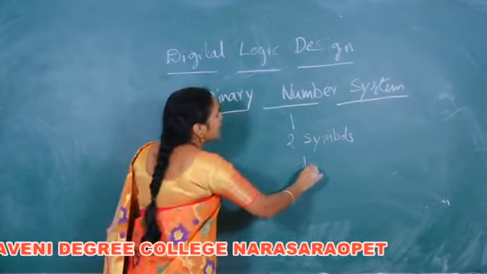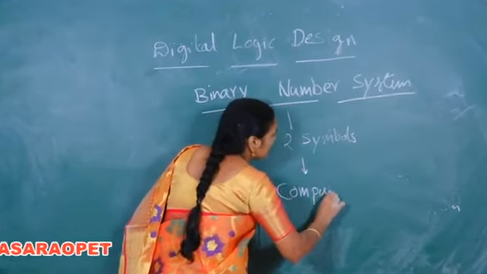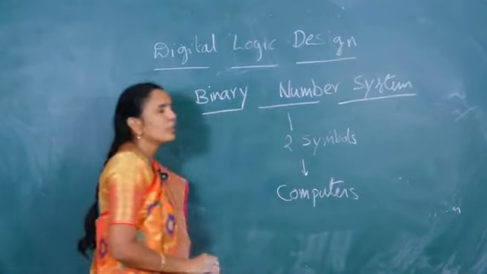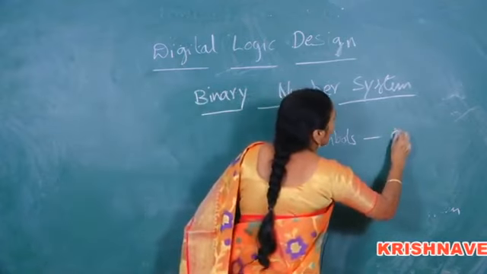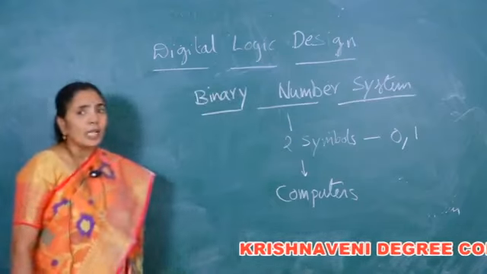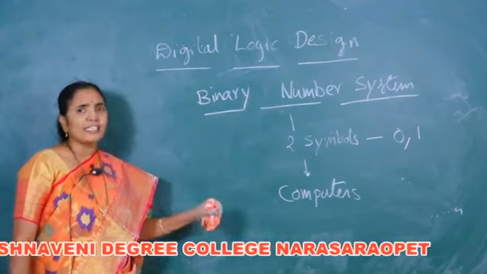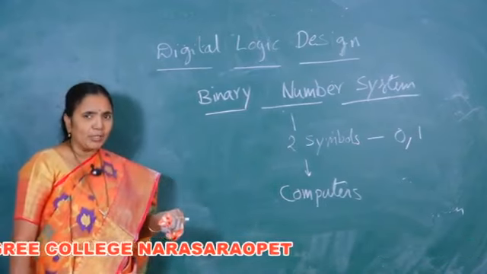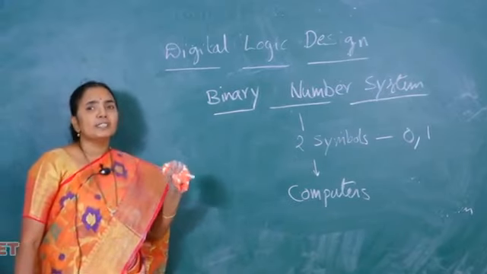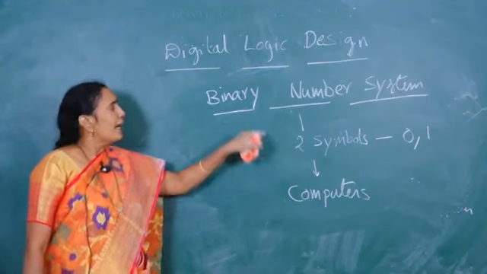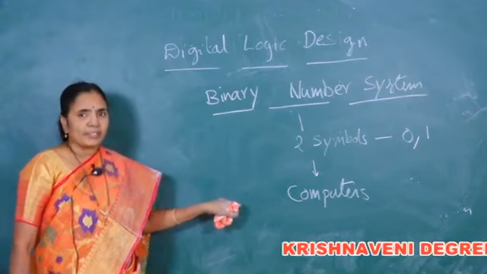Binary number system. This is the number system which is frequently used by the computers. The 2 symbols that are being used in the binary number system are 0 and 1. As computer is an electronic device, it can understand only 2 states, that is low and high state. That information is represented using 2 symbols, that is 0 and 1. So, the number system that is directly understandable by your computer is the binary number system.